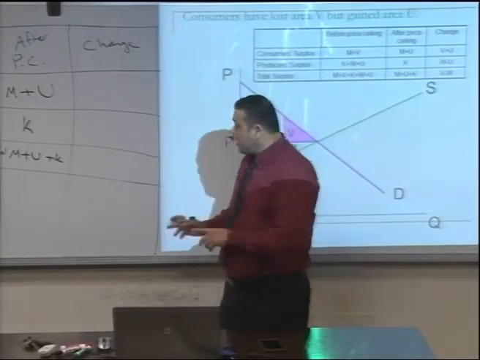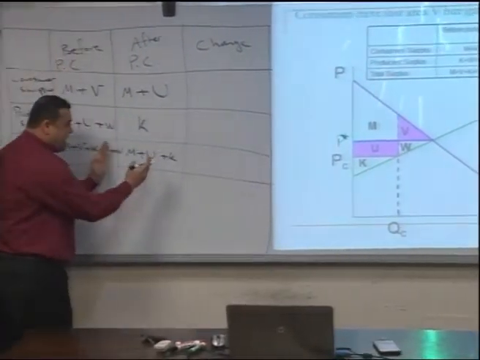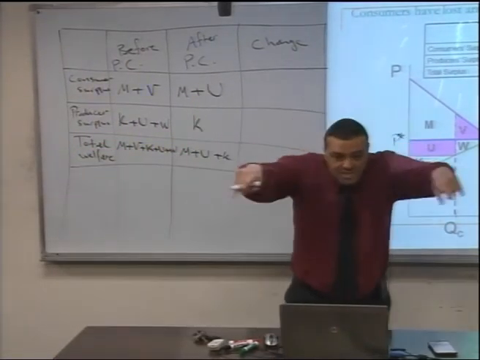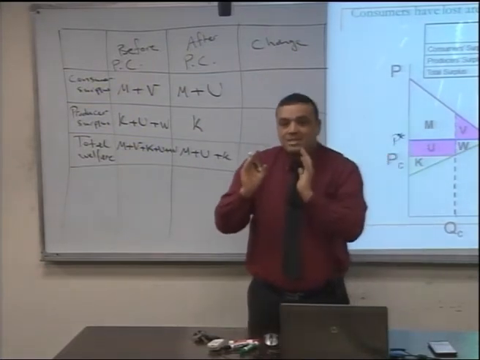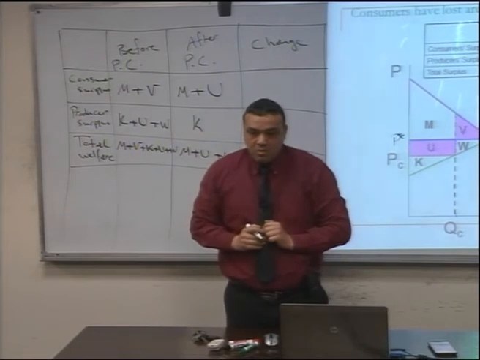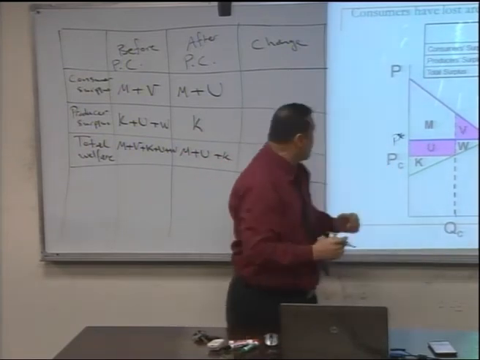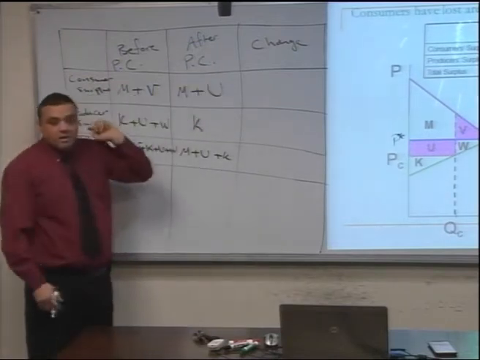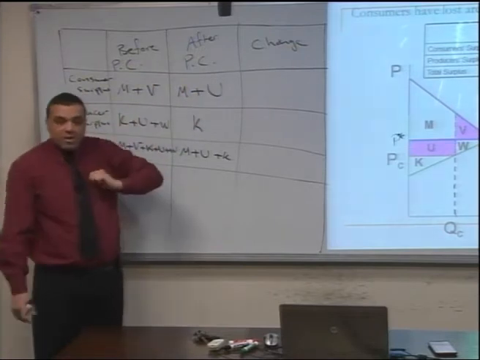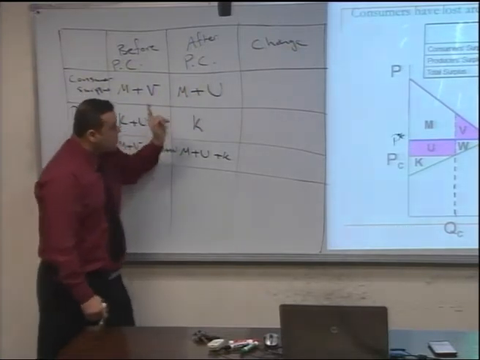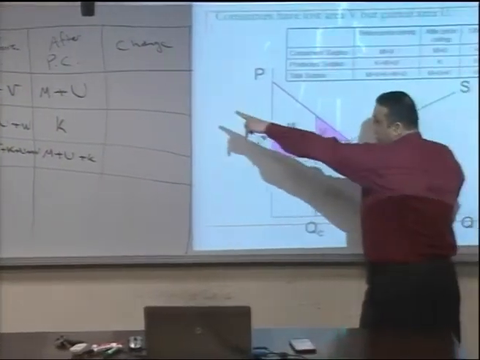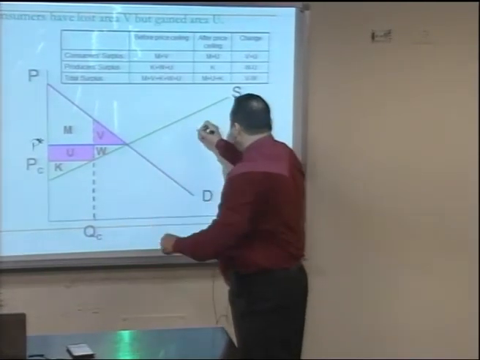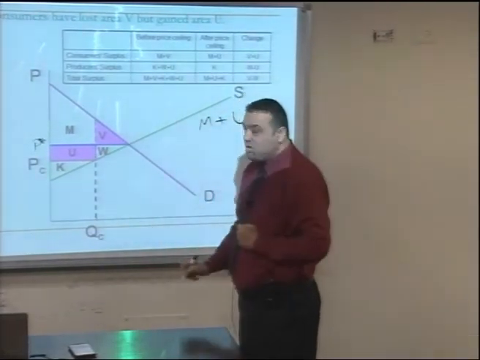What about the changes? As you see, I can see that there is a decrease in the welfare. But we have to check the final result. What has happened to the consumer? What has happened to the producer? To check the effect of the price ceiling on the welfare, after minus before. After minus before. So I can say that here's after for the consumer, the change in the consumer surplus, M plus U minus